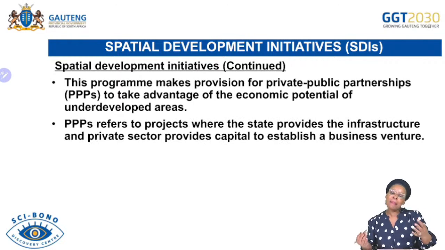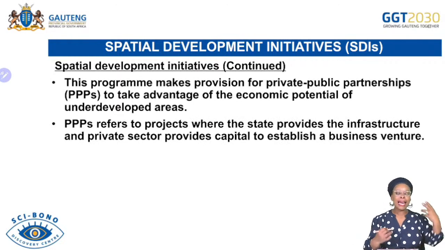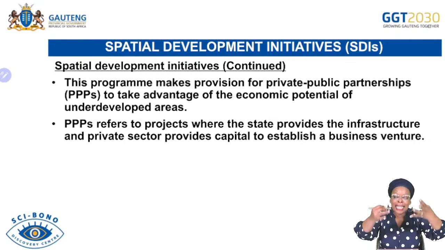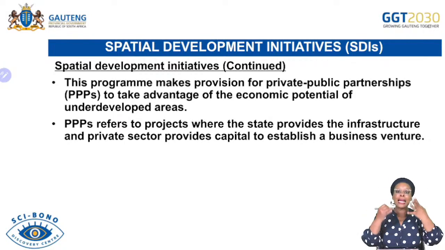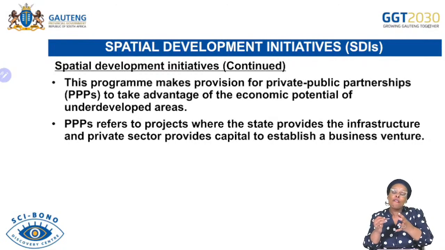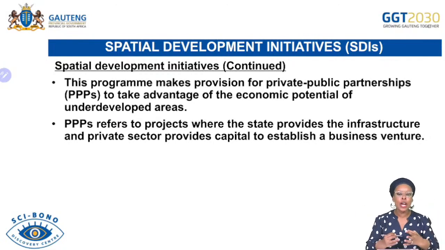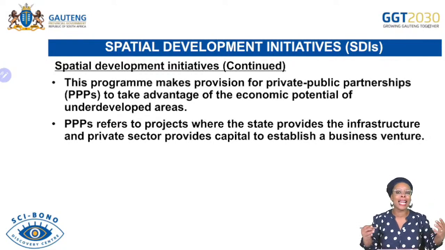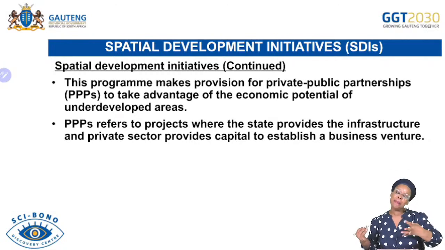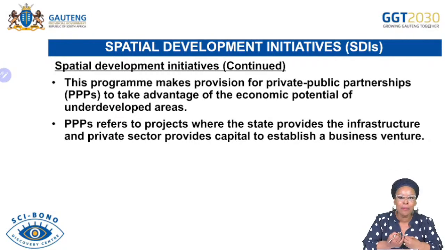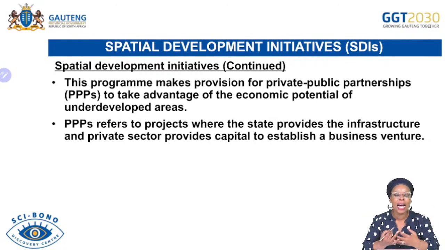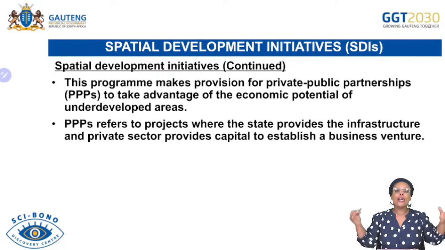It works where government, when looking at the SDI projects, provides the infrastructure that is needed, ensuring that you'll find that the area that is earmarked for industrial development is in the rural areas. There's no water, no electricity, no railway lines, no international airport, etc. But the government can make sure that the infrastructure is available, and then the private sector or the investor will provide what? Capital to establish the business, will bring machinery, will bring raw materials, resources for manufacturing, and will create